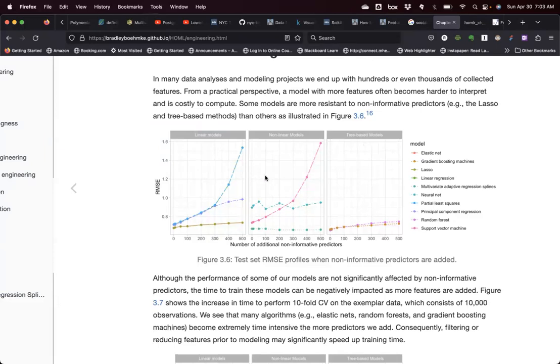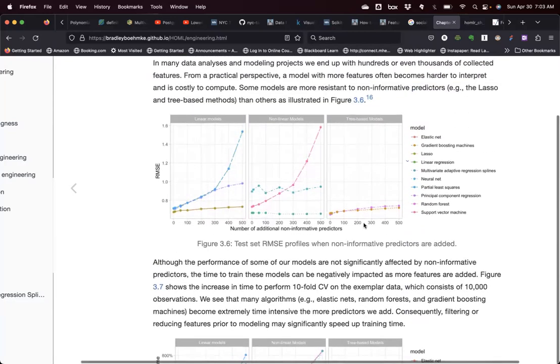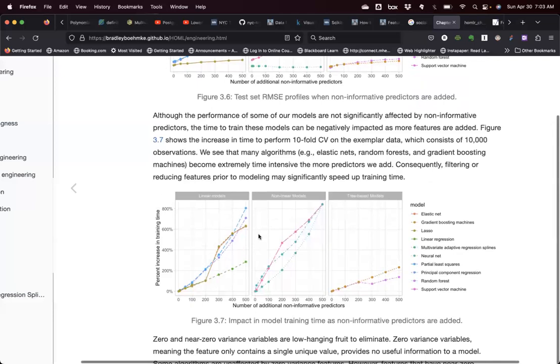As we can see, at least in this chart, the tree-based models and some of the regularization regression models like Lasso or Ridge do well trying to wean out those non-informative predictors within the internal mechanisms of the algorithm. But even though maybe in the metric there won't be a detrimental effect on those algorithms, still, when you go to the performance, in terms of the time that the training takes,